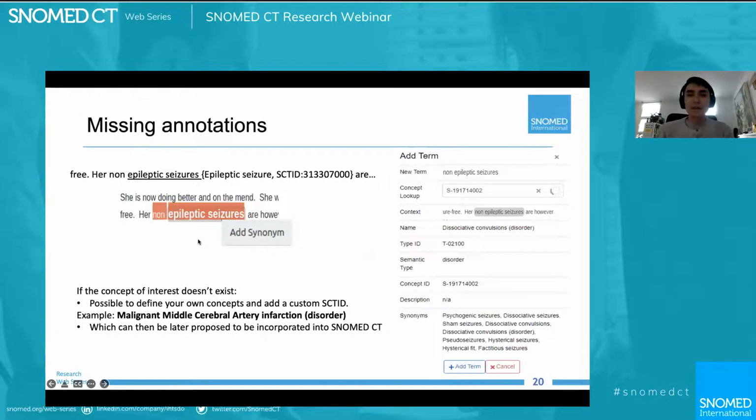So I've shown you how to add missing annotations, and there are ways you can also create your own, which would be extremely useful, right? Because depending on the project, sometimes, although SNOMED CT does have about 700,000 concepts, there are areas where it is deficient, and one may need, depending on their own use case, to produce their own SNOMED CT concepts.